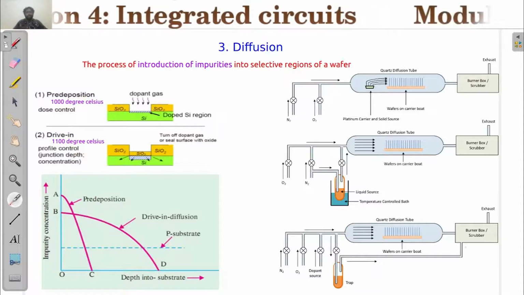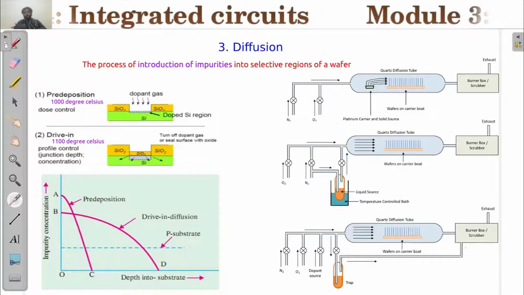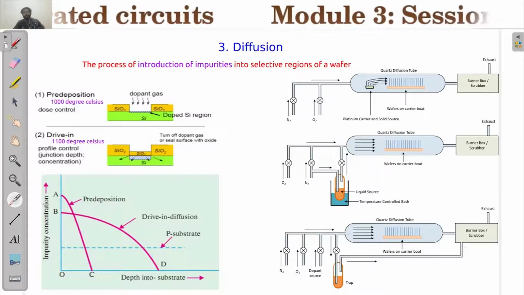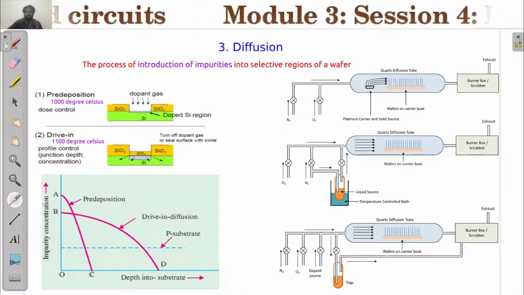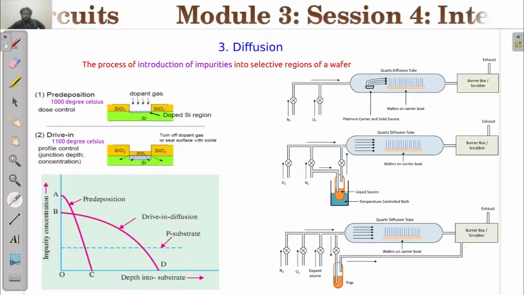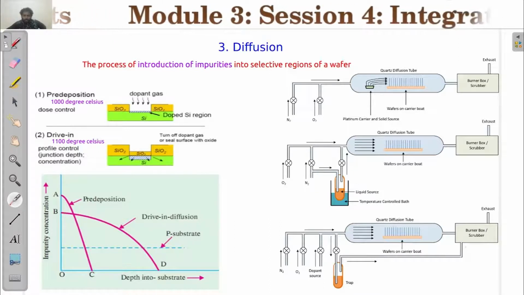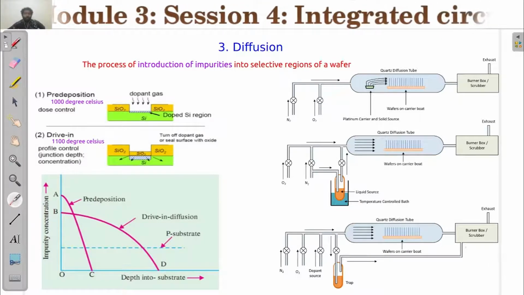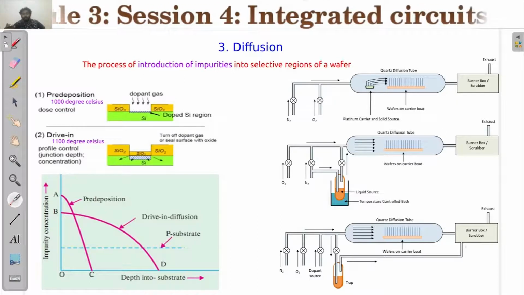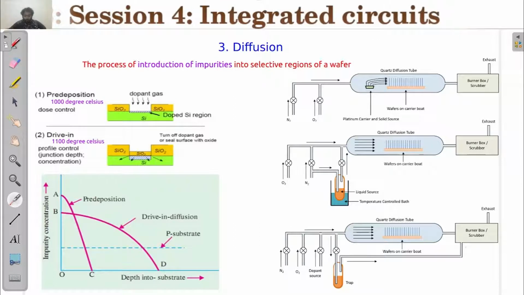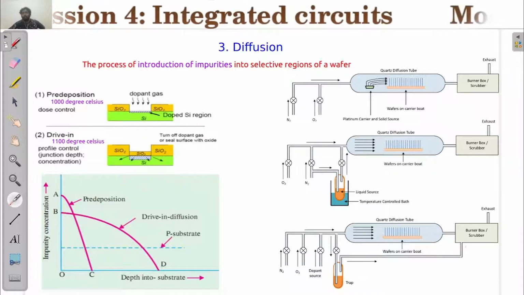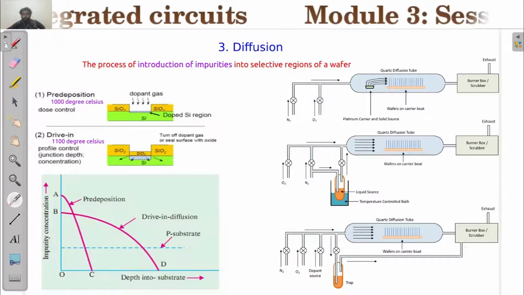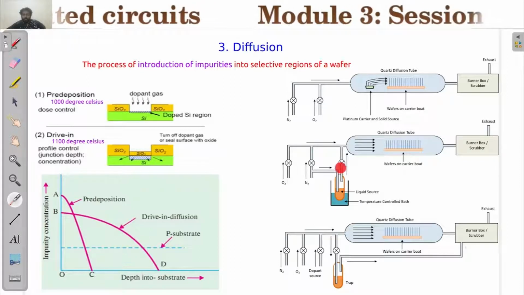Basically there are three ways by which you can introduce these dopants. The first is by using a solid, the second is a liquid source, and the third is a gaseous form of diffusion. We'll be concentrating on the liquid source. It can be boron for p-type doping or phosphorus for n-type doping, but it should be in a liquid form. If you are using phosphorus, then it will be phosphorus oxychloride. It is a liquid, and we bubble nitrogen and oxygen through the phosphorus compound, and it will produce vapor.